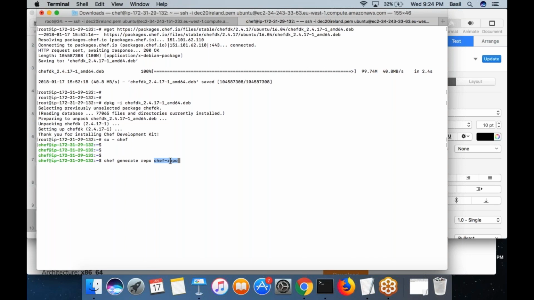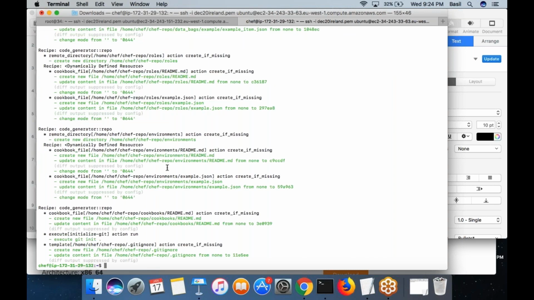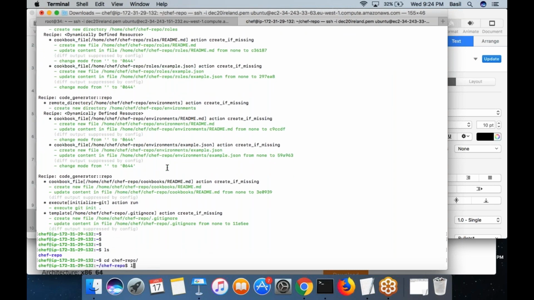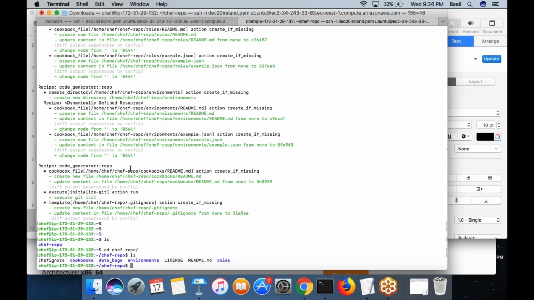So first you are generating a folder structure by running this particular command. Run this command, it would basically create a folder called chef repo. Now you type ls command, you can see the chef repo folder got created. Go inside the folder, type ls, you can see a folder and file structure. There is a cookbook folder. If you want to create a new cookbook, you need to create the cookbooks inside this particular folder. You want to create a new role in chef, you need to create them inside this particular folder. You want to create a new environment, you want to create them inside this particular folder. So like that, there are different folders and different files that you can work with and start making your configuration changes.